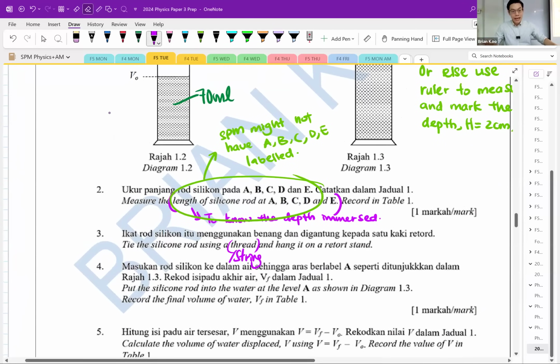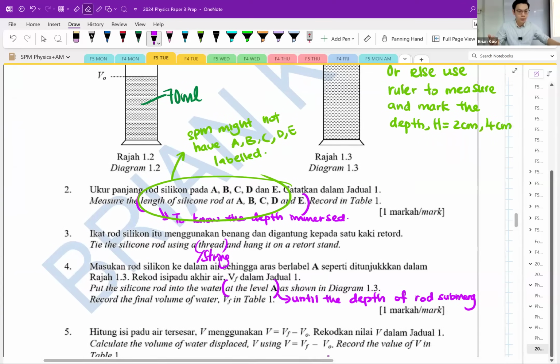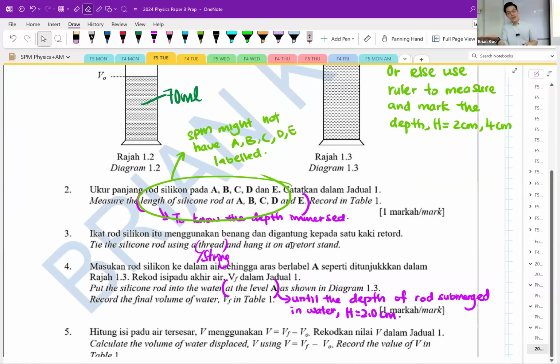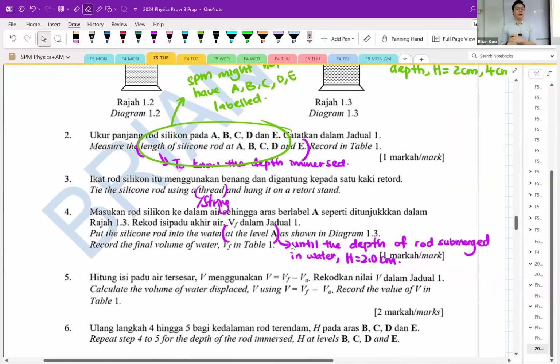Then you put it at level A. Well, it might not be called level A. The question might say, put the silicon rod until the depth of the rod submerged in water, H equals 2.0 cm. So it might be level A. We don't know whether there are levels, or they might say it like this. Okay, then